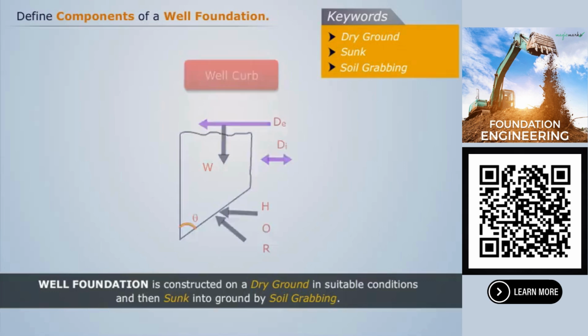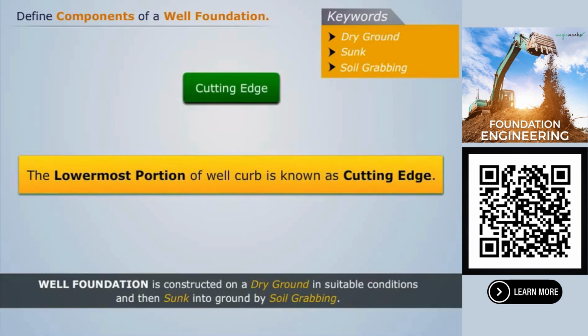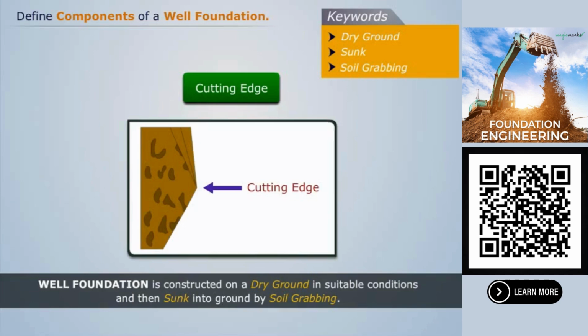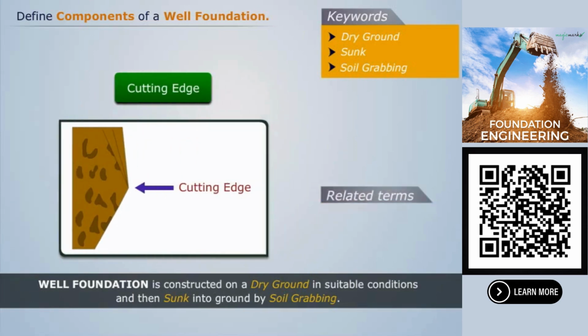well. The lowermost portion of well curb is known as cutting edge. It is made tough so that it could withstand all the forces acting while sinking of well. The related terms are